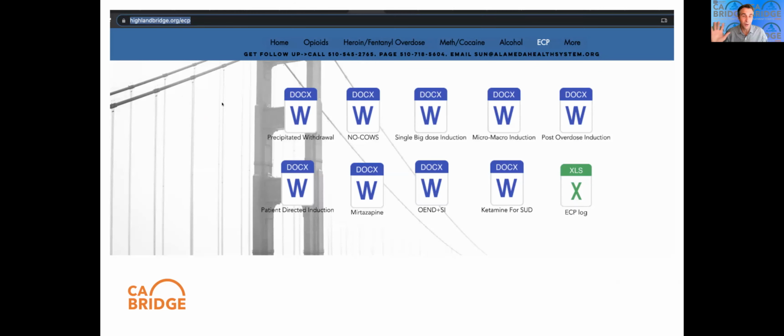highlandbridge.org/ECP. This is all beta. So you've got to understand that every single thing up here might be wrong, right? So this is basically, what am I thinking forward about? What am I interested in other people tinkering with? And it's all here. So feel free to download it, all that stuff, but just understand, I can't really vet it. This is just sort of the X project of what might be coming down the route. But feel free to download all this stuff and think about where things might be going.